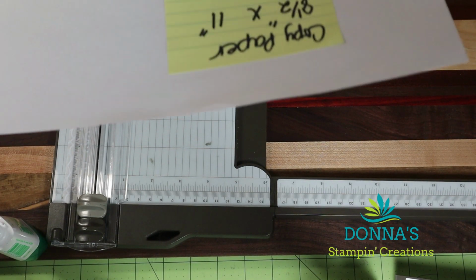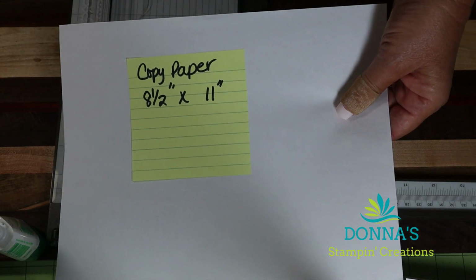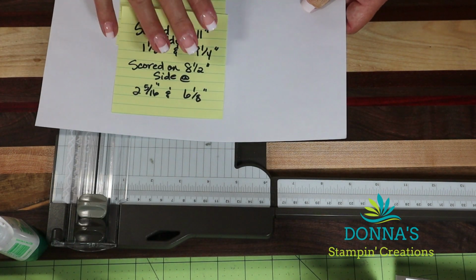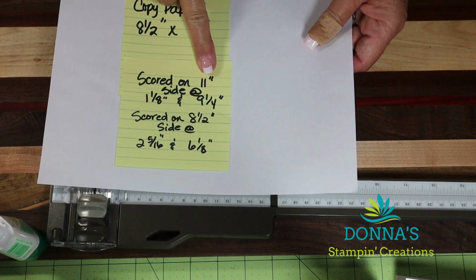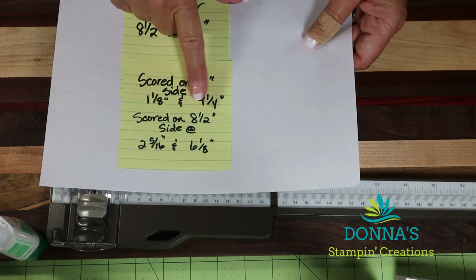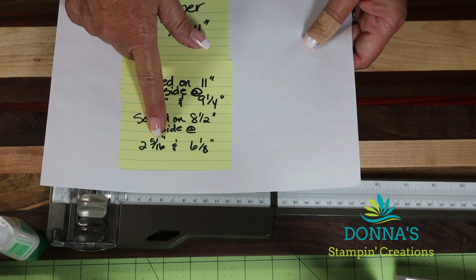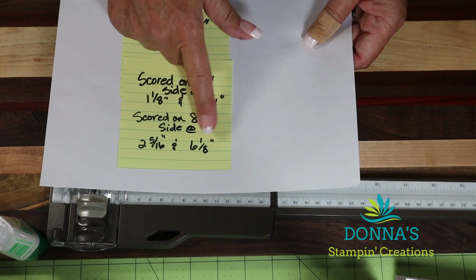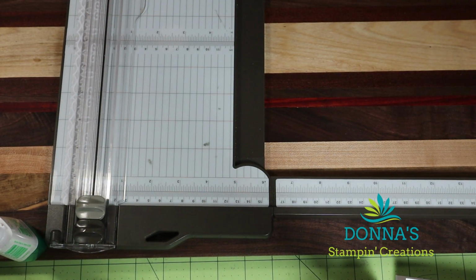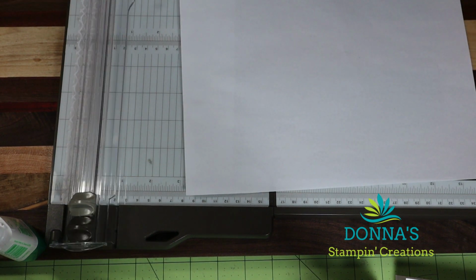Okay, so for the envelope, I used a piece of copy paper, an 8.5 by 11 sheet, and you're going to score the 11-inch side at 1 1/8 and 9 1/4, and on the 8.5-inch side, you're going to score it at 2 5/16 and 6 1/8. Okay, so let me show you how I did that. So on the 11-inch side,